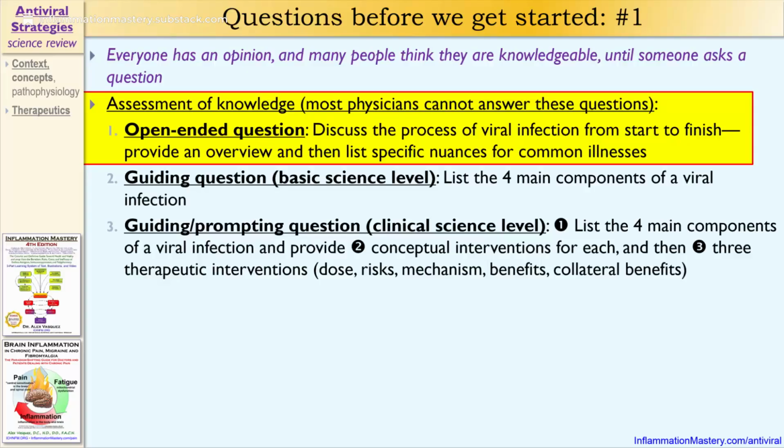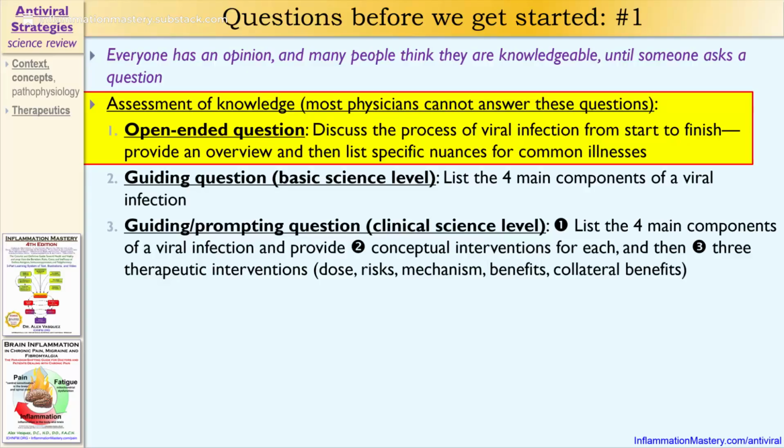So again, if we're going to discuss viral infections, we need to understand what we're talking about. We need to have a defined and structured understanding of what that concept means. And that's important for research perspectives, for public health perspectives, and also, of course, clinical perspectives, whether we're treating patients or whether we are parents treating our children, or, of course, treating ourselves when we do get sick.